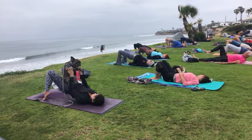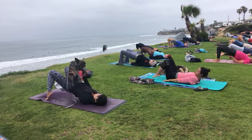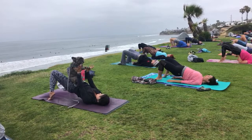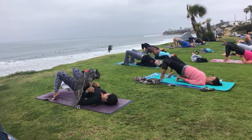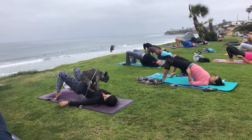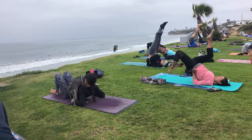Really good, y'all. Now, if you're in wheel, let's come down to bridge. Bridge, stay right there for a moment. If anybody has shoulder, neck issues, anything, for any reason you don't want to do a shoulder stand series, just skip this. Otherwise, take your hands to your lower back, your sacrum area, and your elbows are underneath you, so they're acting like kickstands. And now take your right leg high to the sky,